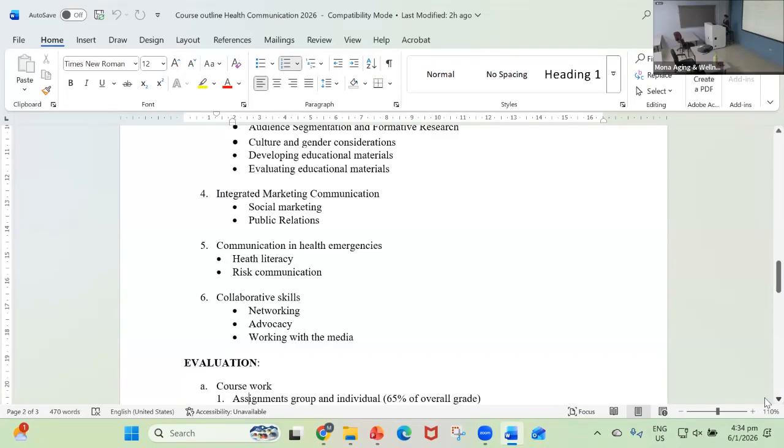So we will spend some time looking at communicating during health emergencies and risk communication. And of course, we recognize the importance of collaboration, networking, and advocacy, especially as it relates to new policies, anything that is new. We have to ensure that we build our partnerships and nurture our relationships, not just necessarily with the media or the media houses, but the gatekeepers and other key players, because health